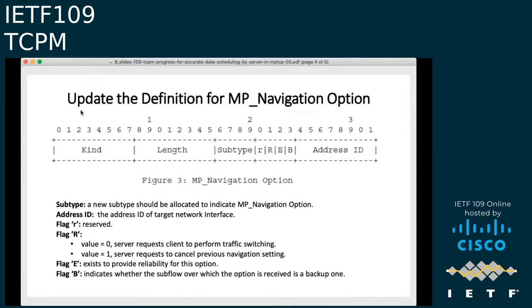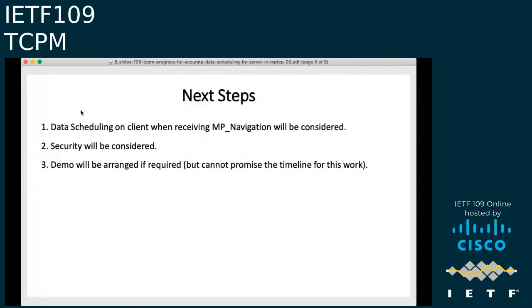Okay, let's go to the next page. That's the plan for our work. We think data scheduling on the client when it receives an MP navigation will be considered. We will consider in detail how to implement it, and the important part is the security problem, and we are planning to arrange a demo